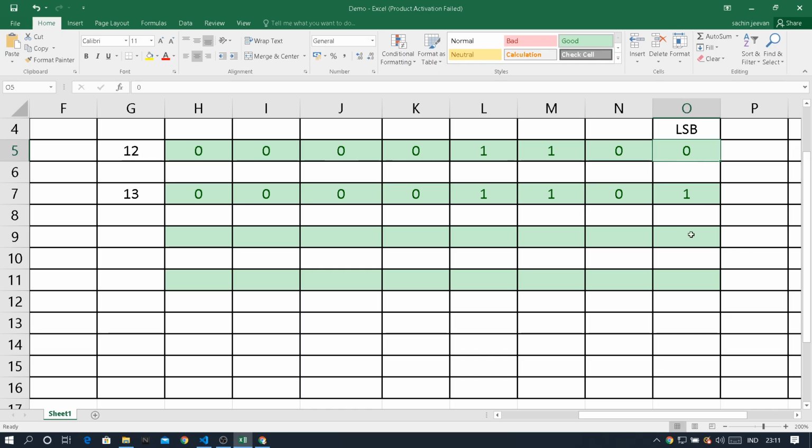What I can do is take only the binary representation of 1. What is the binary representation of 1? Only your last bit, the least significant bit, will be 1. This is the binary representation of 1. So now what I'm saying is, if you do a bitwise AND between the numbers, what will happen? If the least significant bit of the original number, for example 13, is 1,